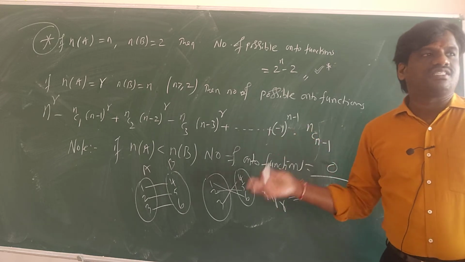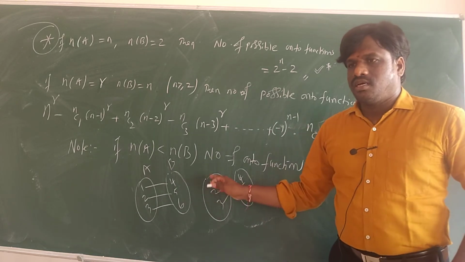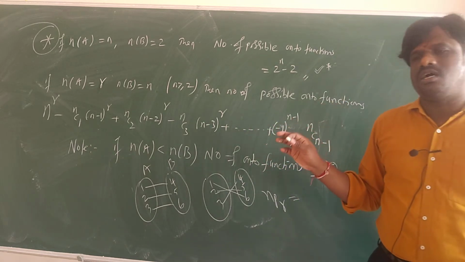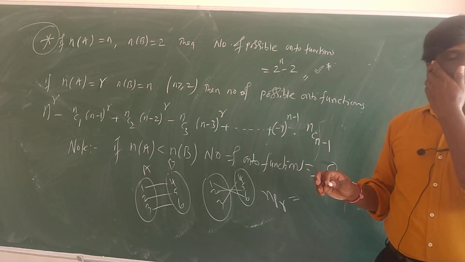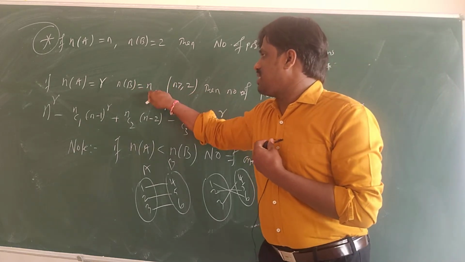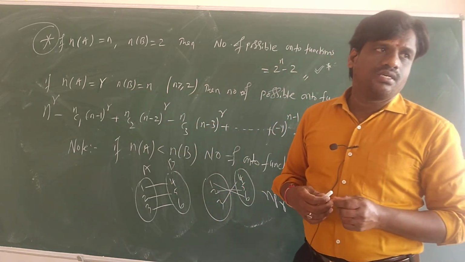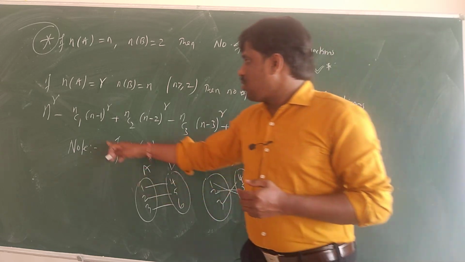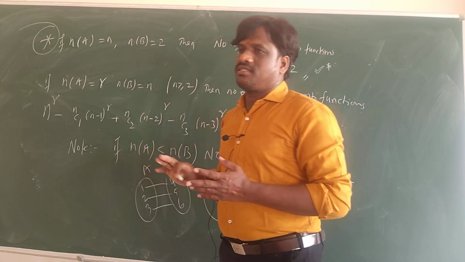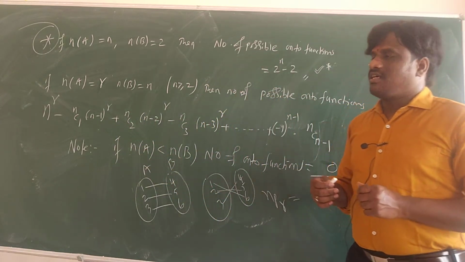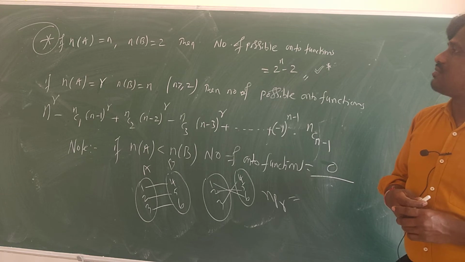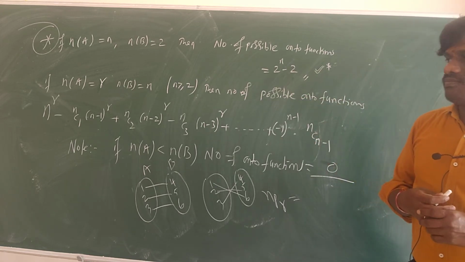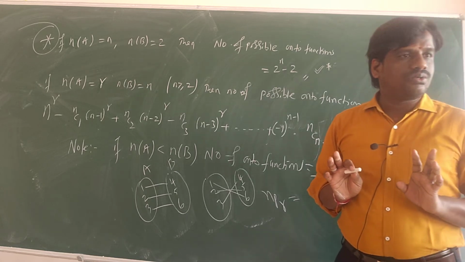Likewise, for onto functions also there is a formula. Now how many 1-1 functions are possible with these sets? How many onto functions are possible? How many functions are possible? Suppose number of A is r, number of B is n, then the number of functions is n power r. Total functions, you subtract this, right? Okay. So for two elements, this is the easiest formula. Okay, understood the formulas? Note down.